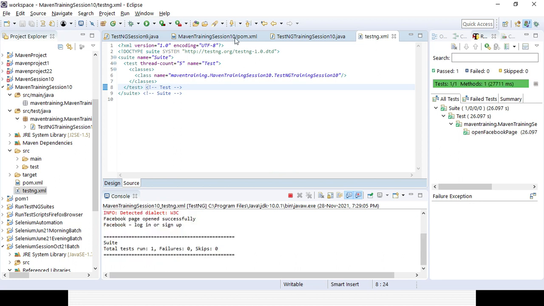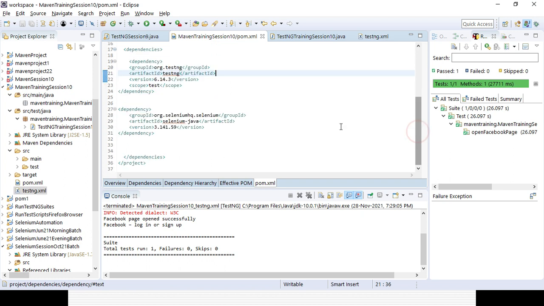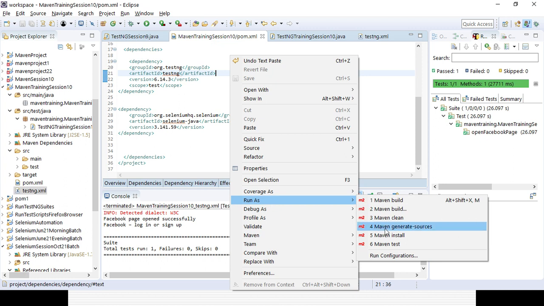So now if you want to run it from the pom.xml file, initially it will not be successful. Okay, so these are the different commands available. Maven clean is for the first time; in case you already ran it for some time, it will clean the project. Then Maven build will compile the project, and Maven test will test the project. Clean, build, compile, and then test the project.